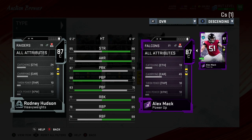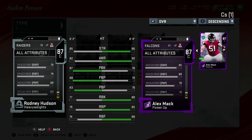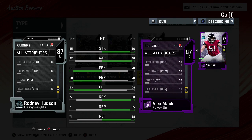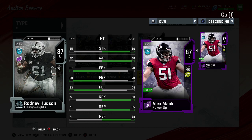But let's take a look at his finesse move. It should be 99. Where's his finesse move at? That's what I need to see. Where is it? Where's the finesse move, Mr. Hudson? Only 20, huh? For those of you who don't remember, a few years ago, there was someone in the community